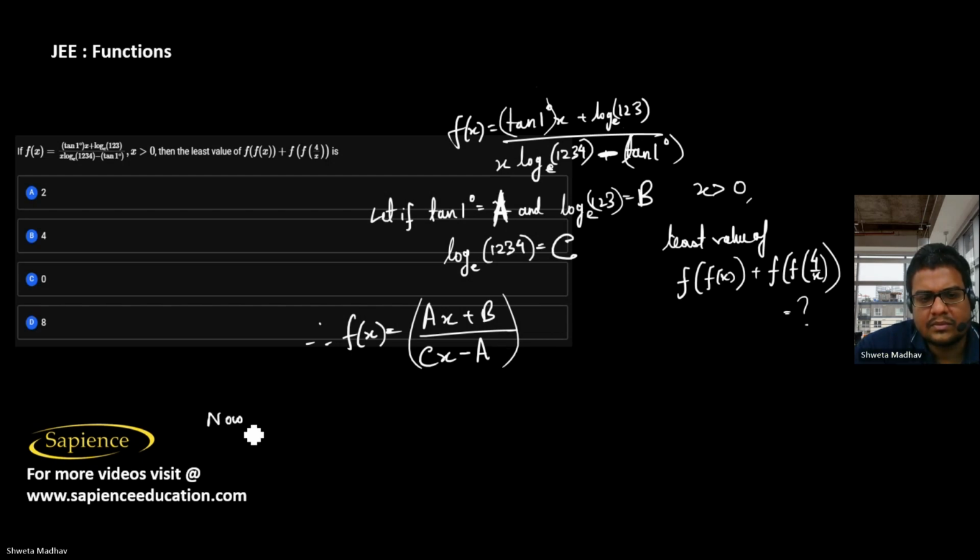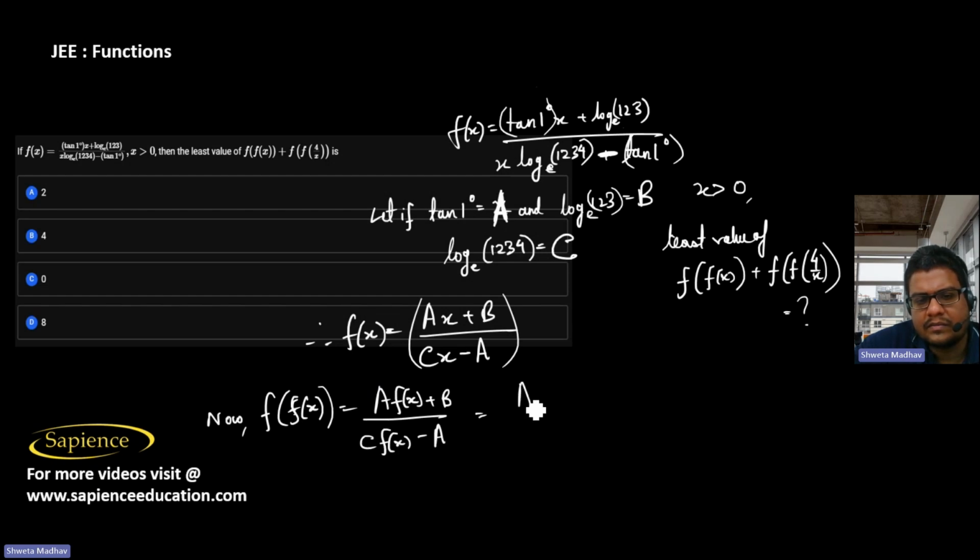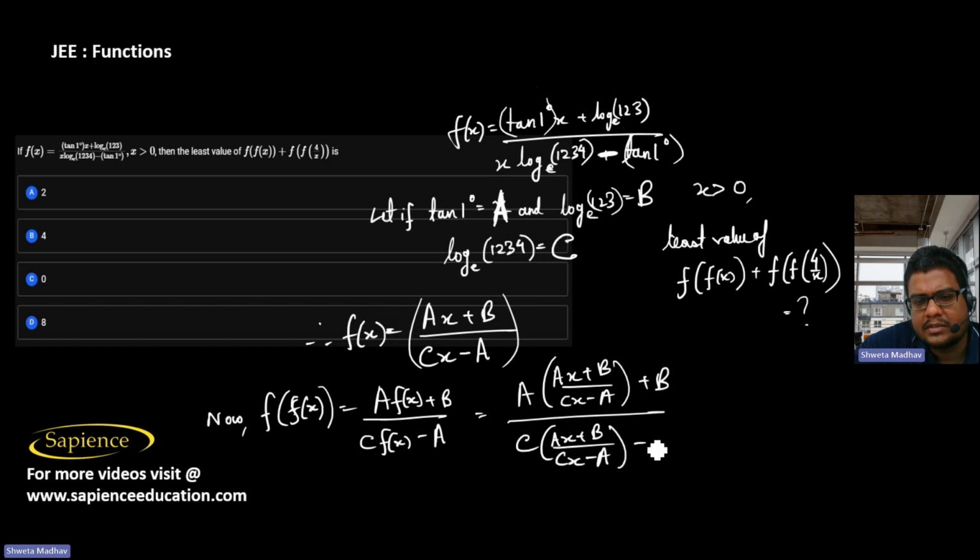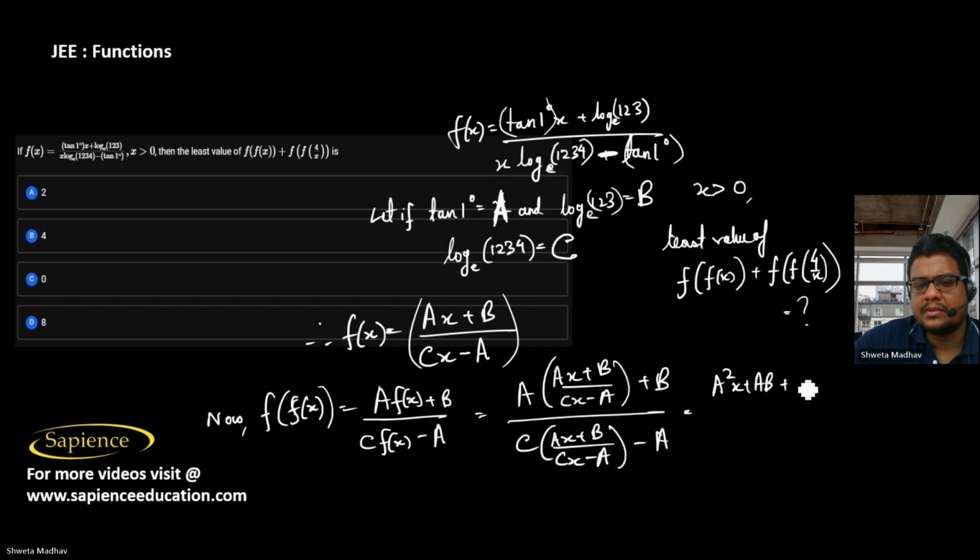So now therefore f of f of x, how much will that be? That will be equal to a into f of x plus b divided by c into f of x minus a. So in place of x, we have to put f of x here. So it will be a into (ax plus b) by (cx minus a) plus b, divided by c into (ax plus b) divided by (cx minus a) minus a. So this will be equal to a square x plus ab